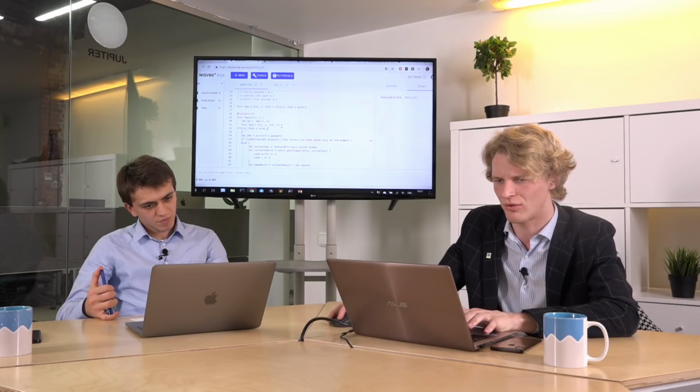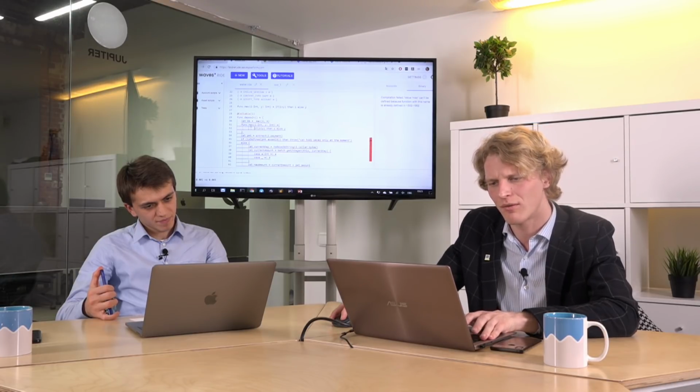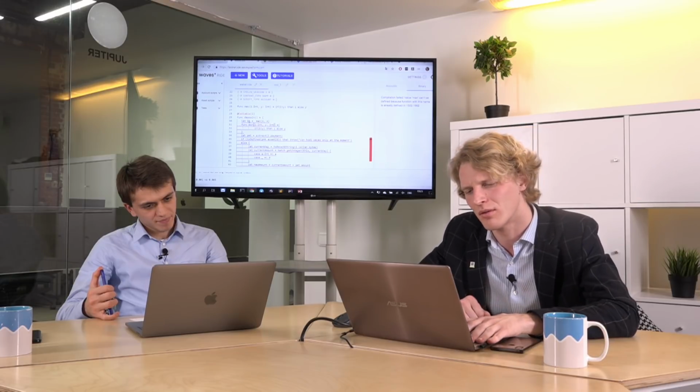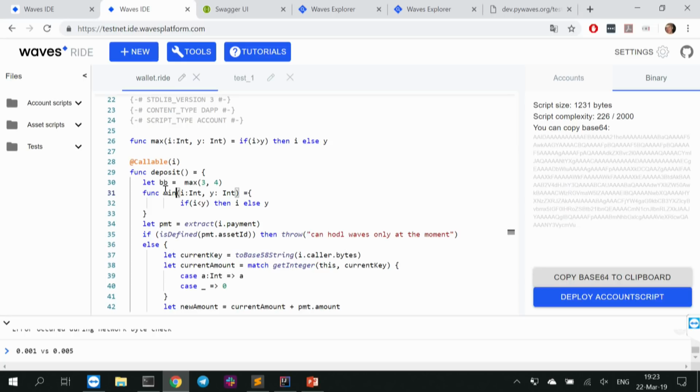Maybe I can write a shorter version reusing max, but that's func min. So we can define functions inside functions, but no recursion. For sure, no recursion, because this will lead to unlimited computations, and this is not the thing we want, since we don't want failed transactions on chain.